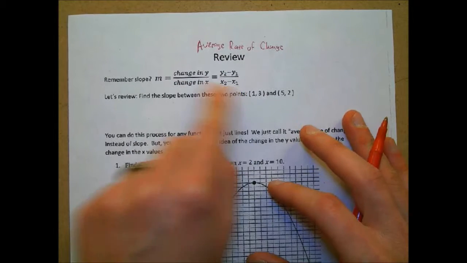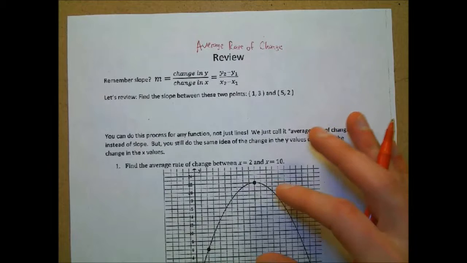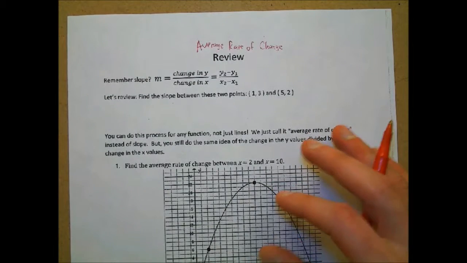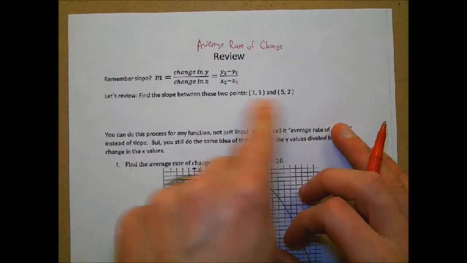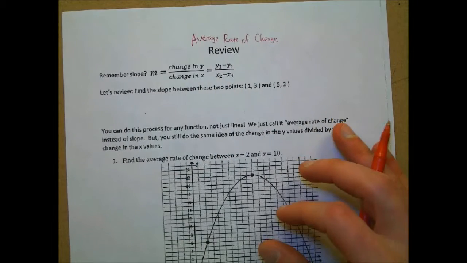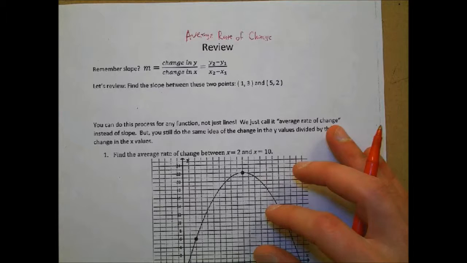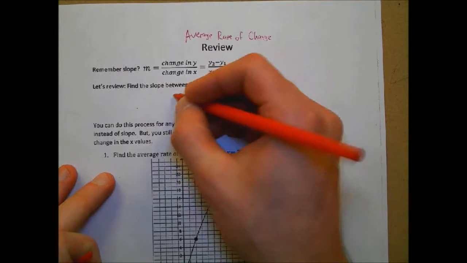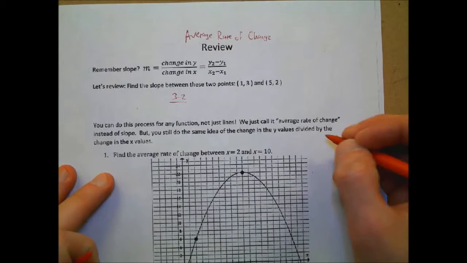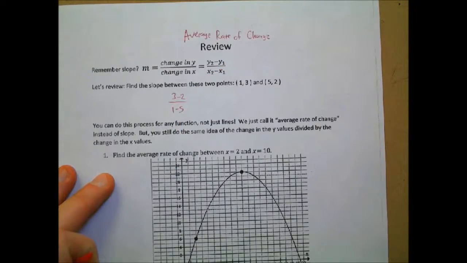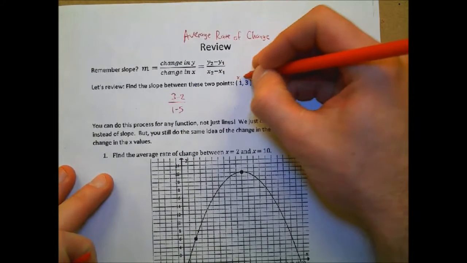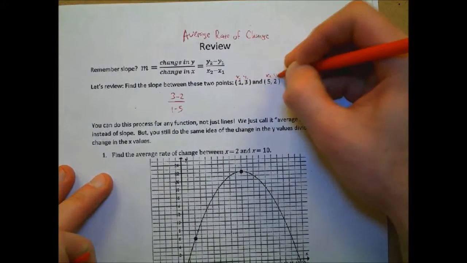The change in y over the change in x, or the rise over the run, if you like. So, for example, for these 2 points, how do we set it up? Okay, so it'll be 3 minus 2 over 1 minus 5. Okay, that's one way to set it up, right? So again, if we say that's x1, y1, that's x2, y2, okay? You could also say,